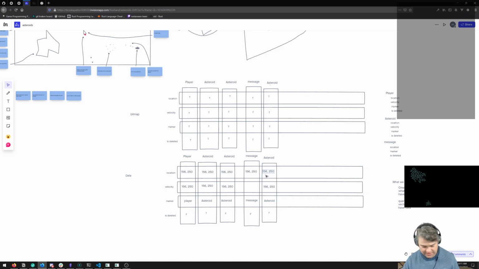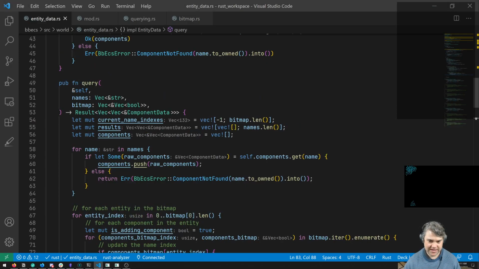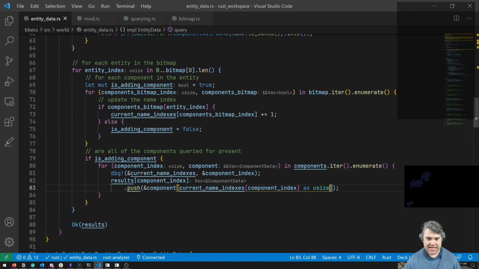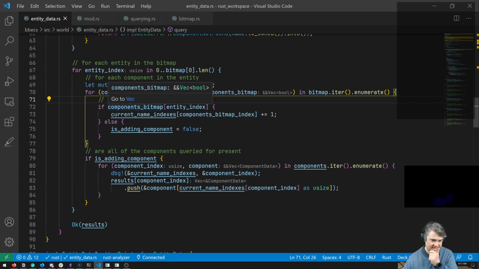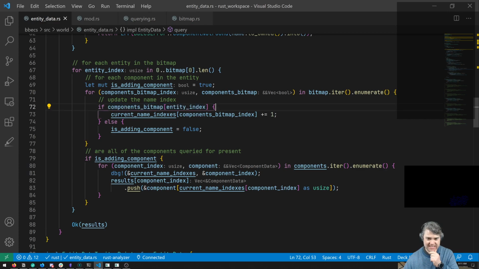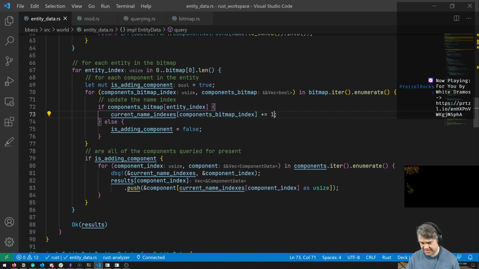The problem that I was running into is over here in code. I'm saying, hey, I found, like, update the name, and it's basically, I found that you exist, like you're a true in the components index. Let's go ahead and update this bitmaps. Now what I could do is, if your current name, if you're a 0, no, because even if you're 0, I want to increment it. Yeah, I want to increment it, but not the first time. So either I'm gonna be doing,